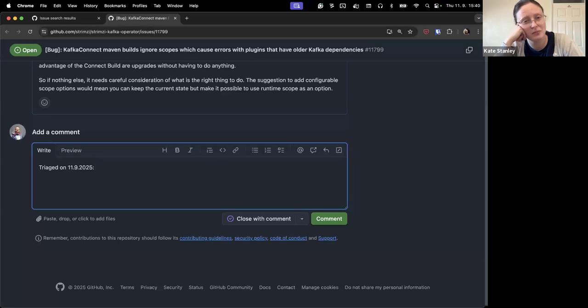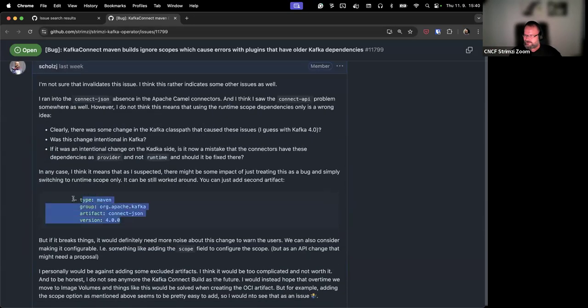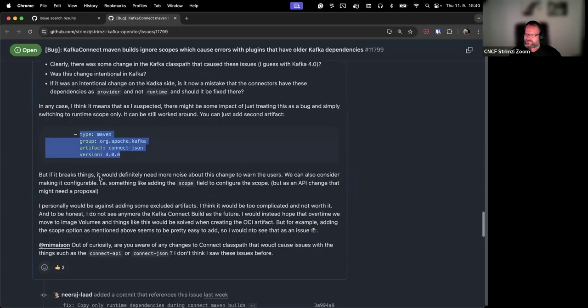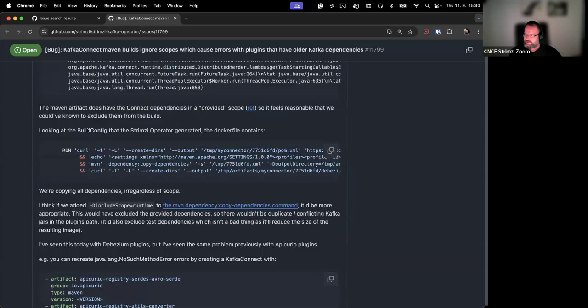But can you do it on a per plugin basis? Would that be implementable? What scope you want to pull? You mean the scope? So I would expect the scope to be basically a field here, right? This is where you define what you want to pull. If you add the scope here, it basically generates this command.